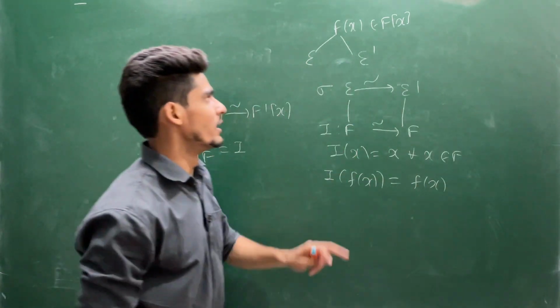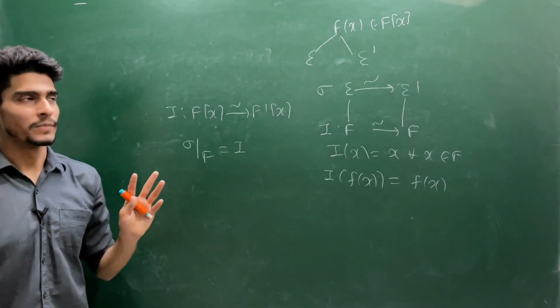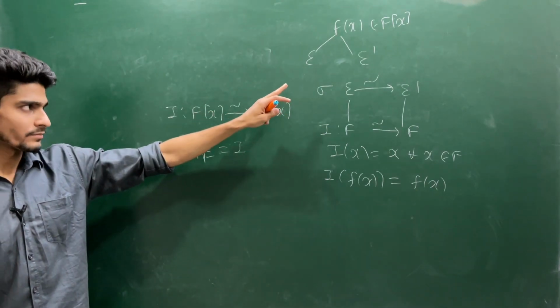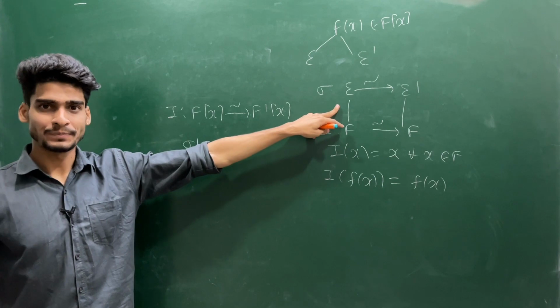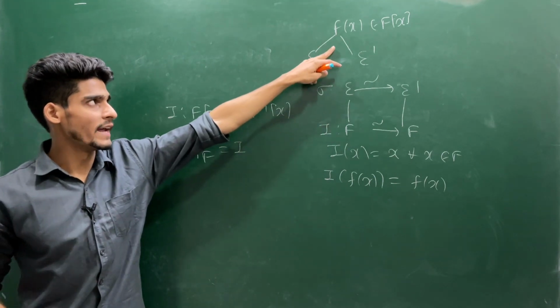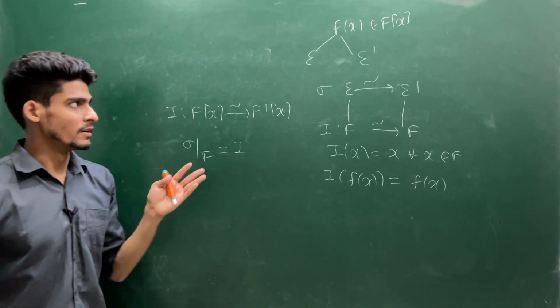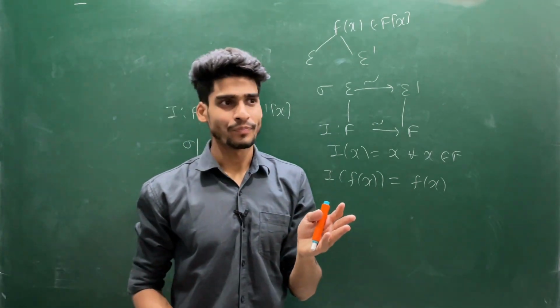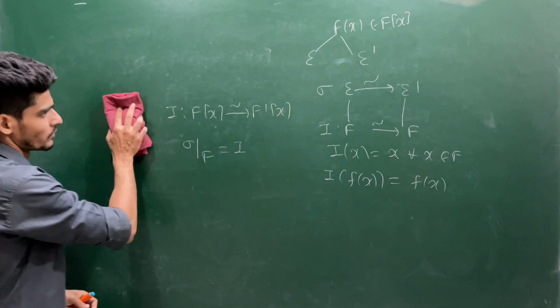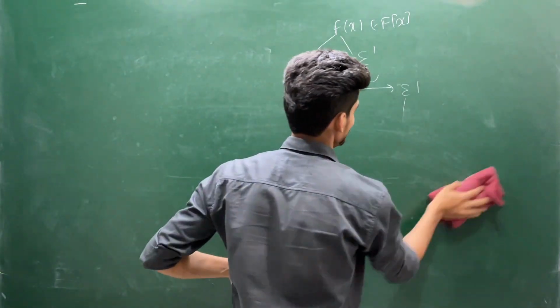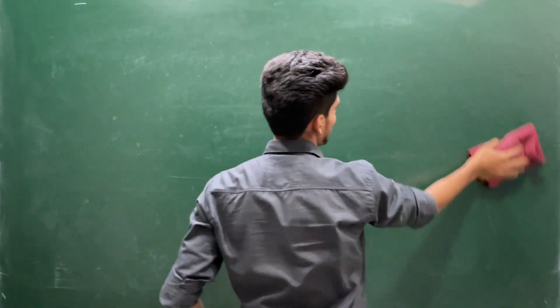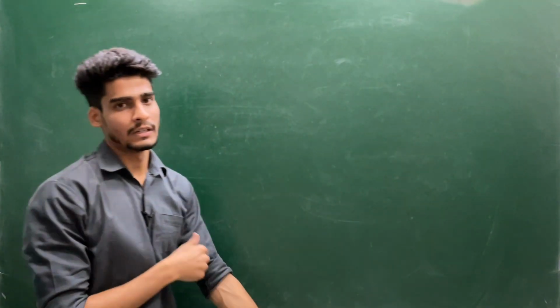So now I can use the word 'the' in place of the word 'a'. That means there is a unique splitting field corresponding to any polynomial up to isomorphism. So now I can say the splitting field is always unique up to isomorphism. So now I will use the words 'the splitting field' in place of 'a splitting field'.